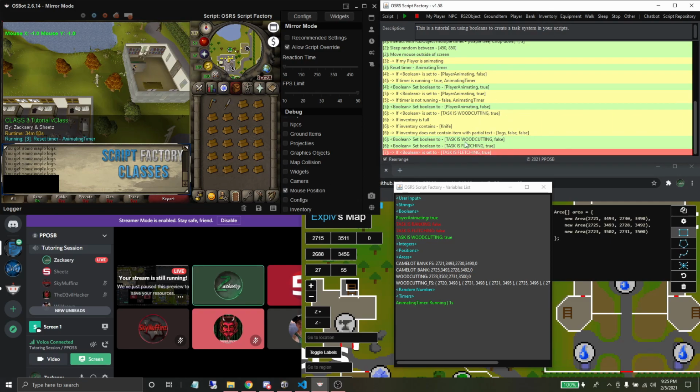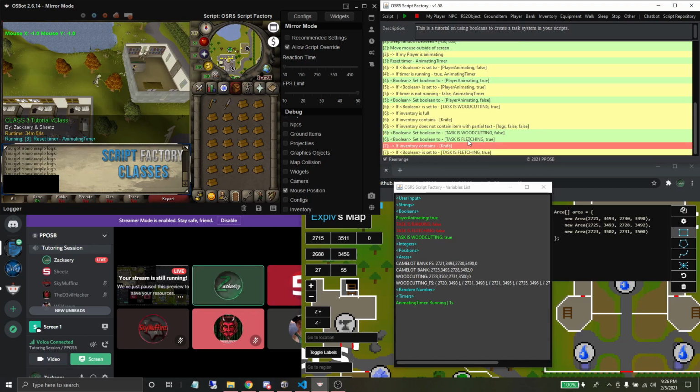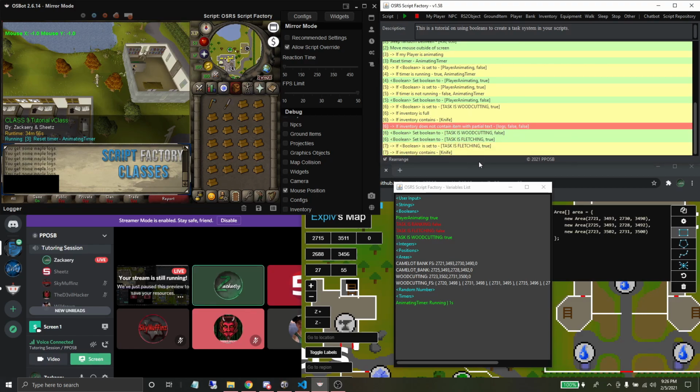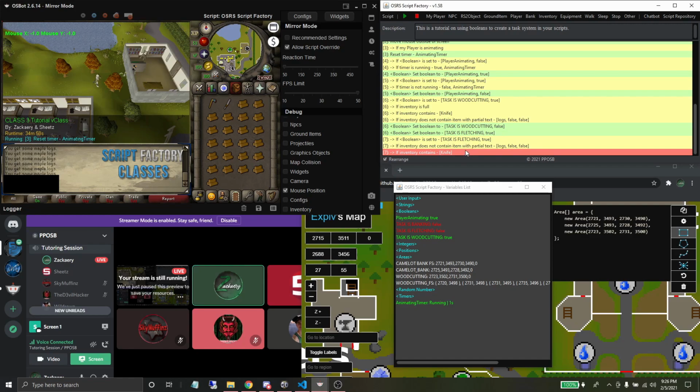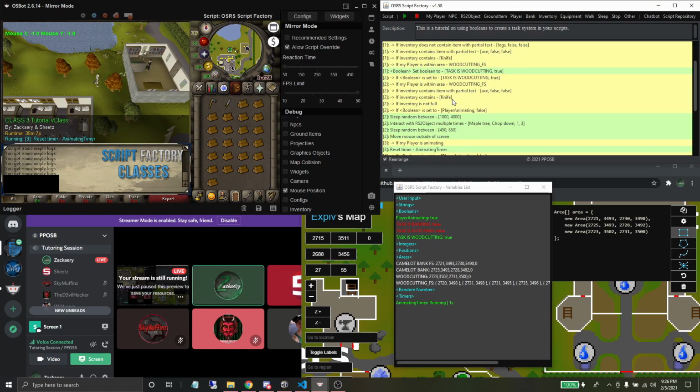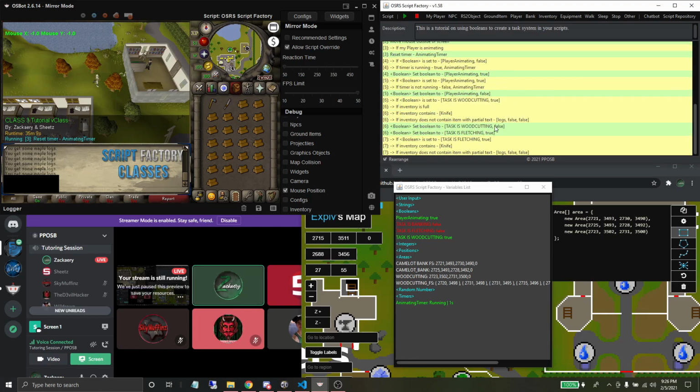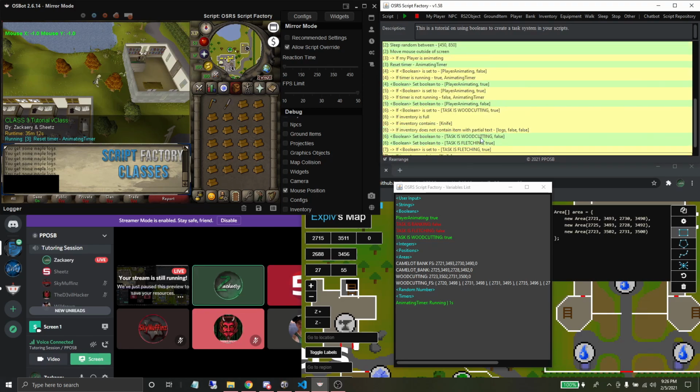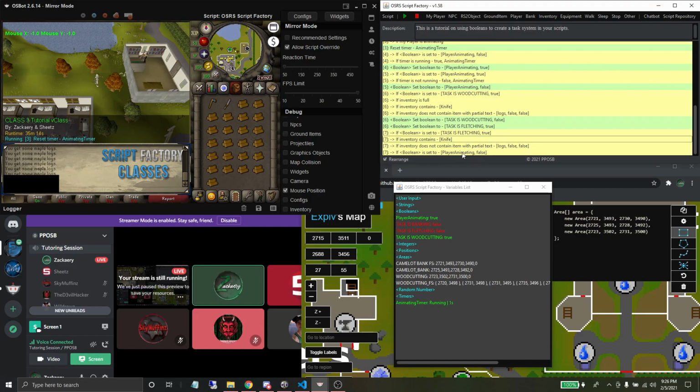Okay. If inventory contains knife, we'll copy that and paste it. If inventory contains logs, copy that and paste it. And then we want to do, if, we'll copy this line up here, if Boolean is set to player animating false. Okay. And then what else do we want to do? So it's logs, knife, player animating is false. Then we'll do